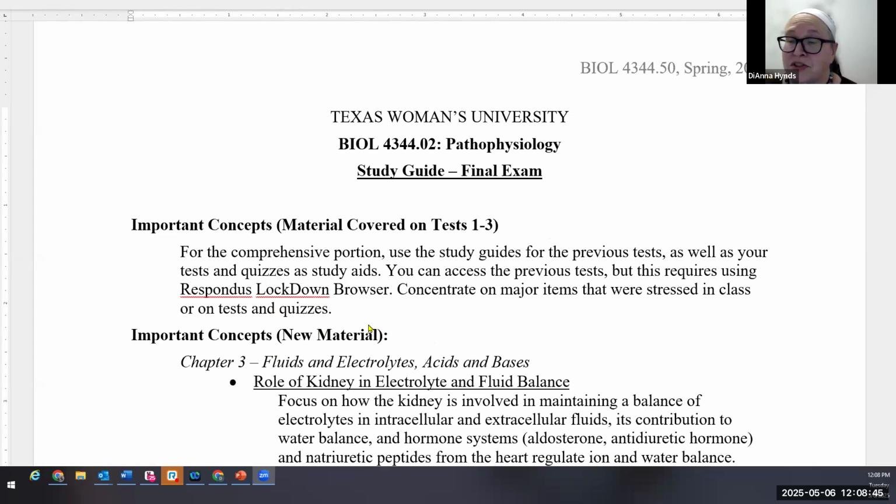My suggestion would be to go through those old exams and use them to identify material that you have a really good grasp of, that you understand completely, and then not spend time studying that material, but spend time studying information that was covered on those first 3 exams that you may not have quite as good of a grasp of.